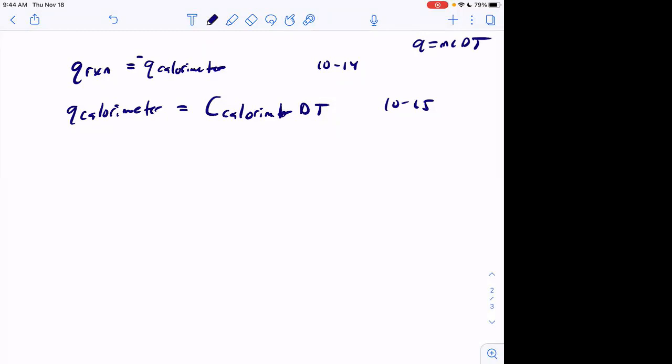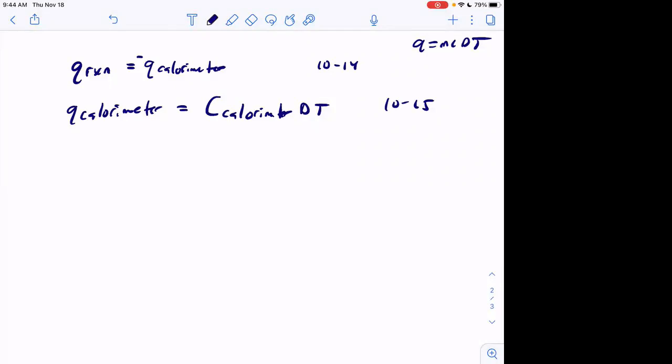Well, with a calorimeter, you're not looking at an individual mass, you're just looking at the calorimeter. So there's no mass component there. If you think like a bomb calorimeter, you've got wood, you've got steel, you've got the combustion part. You think about the calorimeter as a whole. So there's not a mass component there unless you're using something like a coffee cup calorimeter,